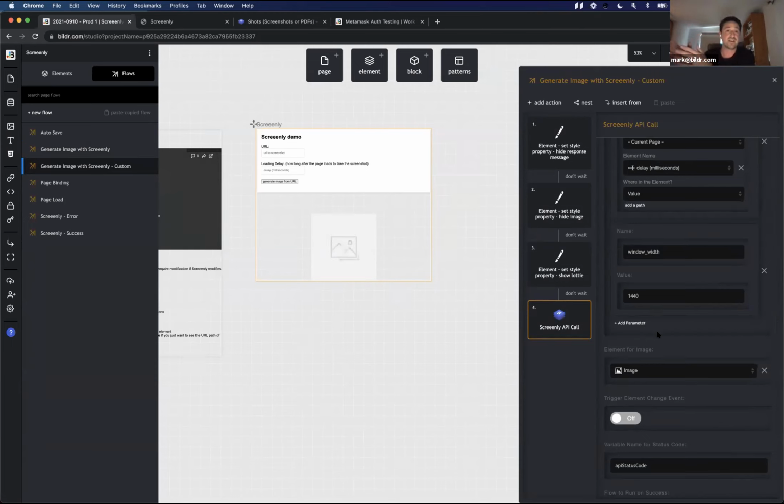I just statically set all of that into the action type so that when someone uses the Screenly API call, there's just less for them to think about while they're doing it. And then the really important piece that I did here was, instead of having set it in an element or set it in a variable, I actually just said set it into an element, just to keep it super simple here. Because you can also do a get out of an element, just like you can do a get